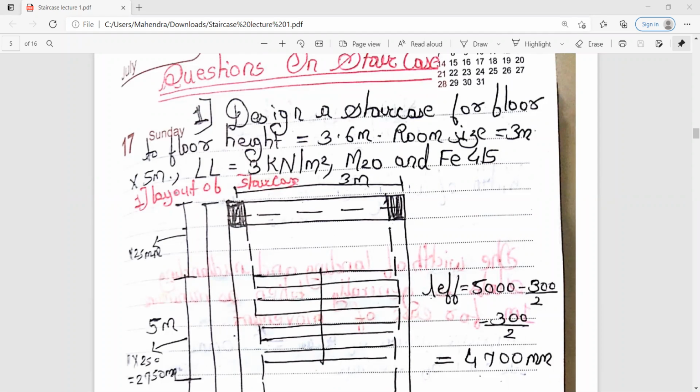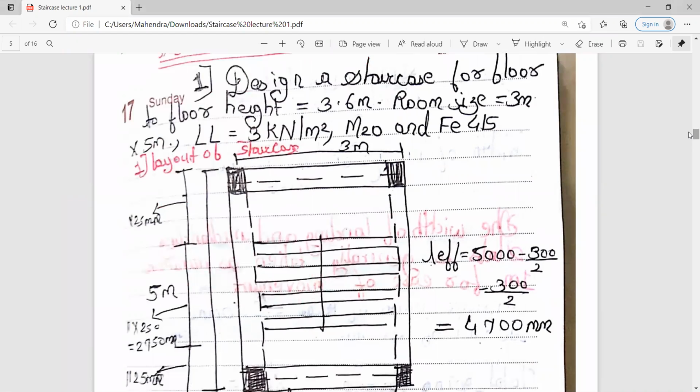Okay. So we are going to start the problems based upon the staircase. First of all, design a staircase for a floor to floor height of 3.6 meter. Room size is 3 meter by 5 meter. Live load is 3 kilonewton per meter square. And the grade of the concrete and the steel is given to you, that is M20